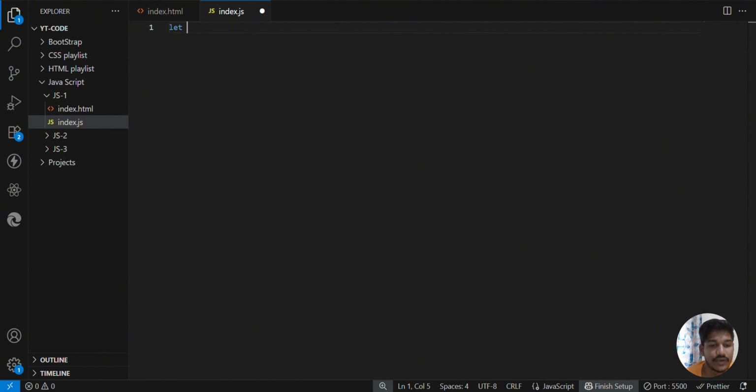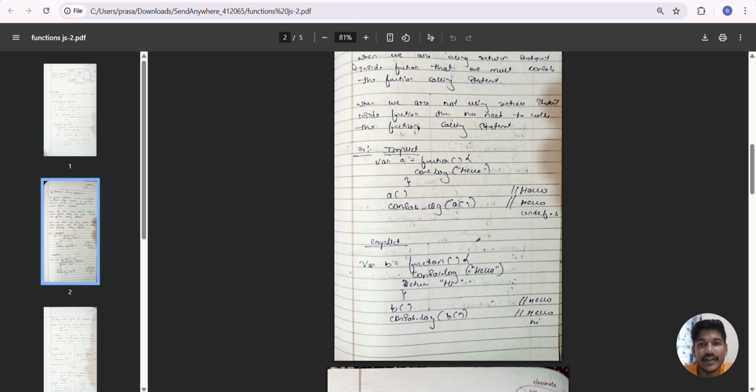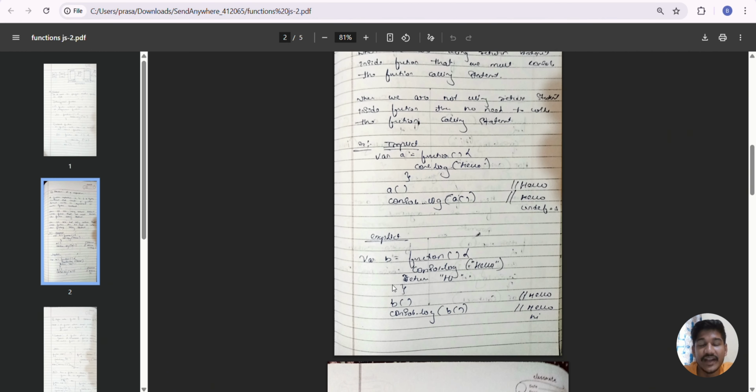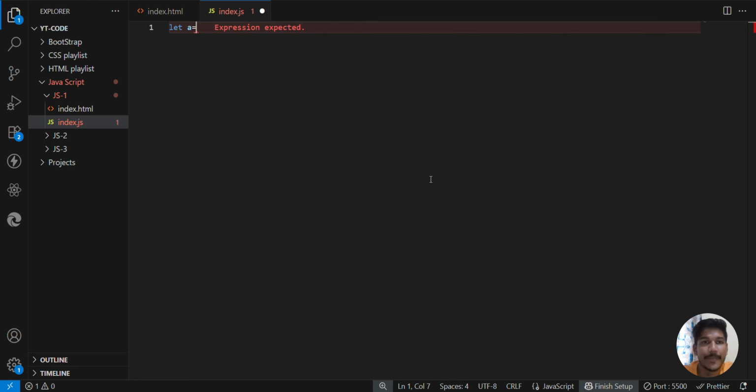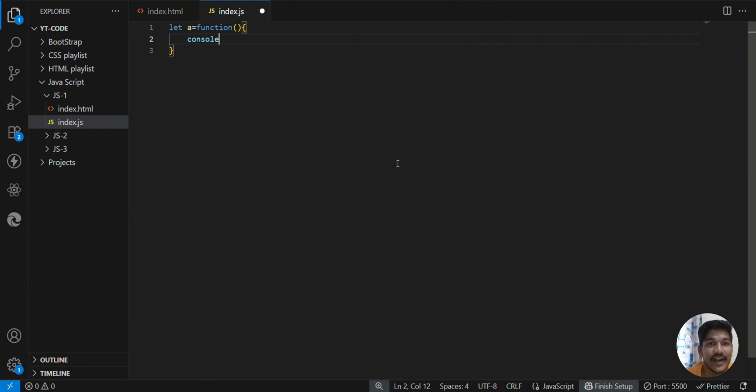Let a is equal to, see here, there is another thing I have written in this one: the implicit and explicit. First, I will tell you the implicit one and how it will behave, the function. And in the anonymous function, I have told you that it cannot be used directly. That anonymous function I'm using now here, you can see